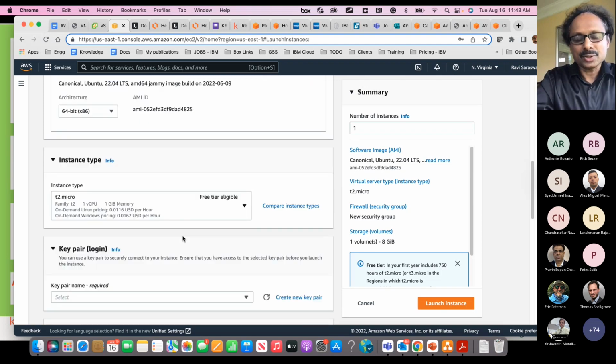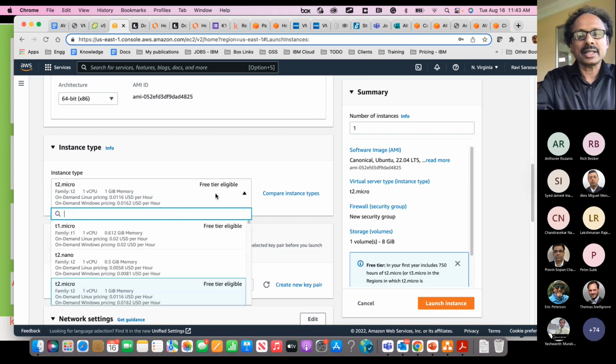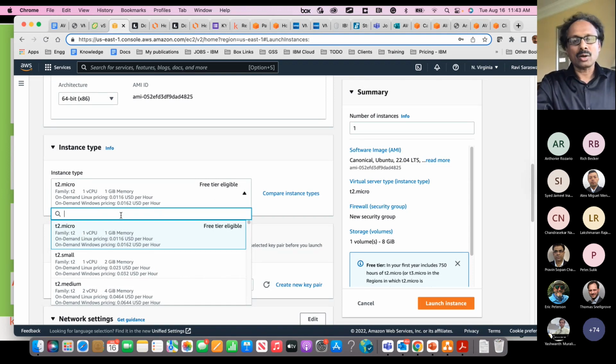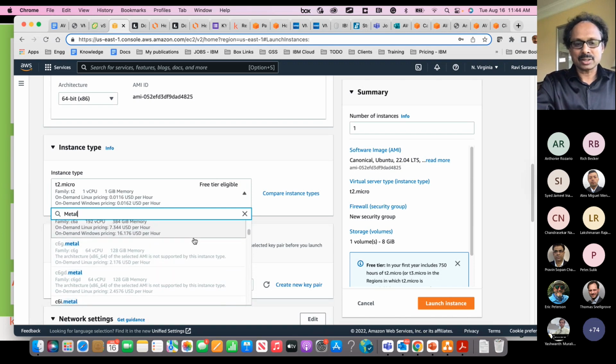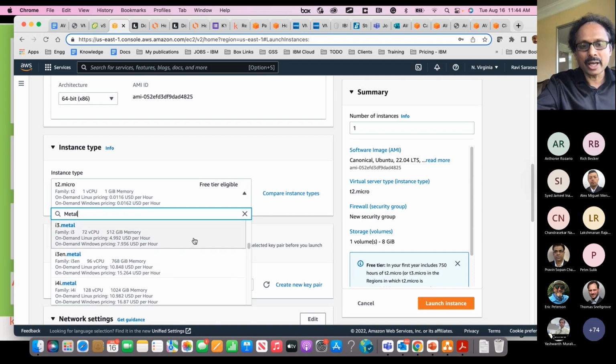It's somewhat slow today. If you look at the AWS console, you can create bare metal servers or you can create virtual instances. There are a lot of options available within AWS for bare metal servers, but VMware Cloud supports only 2 bare metal servers. One is i3.metal, the second one is i3en.metal. These are the 2 bare metal servers supported in AWS.